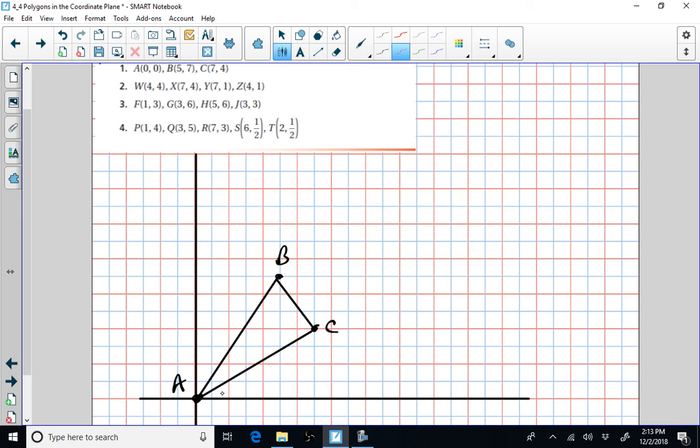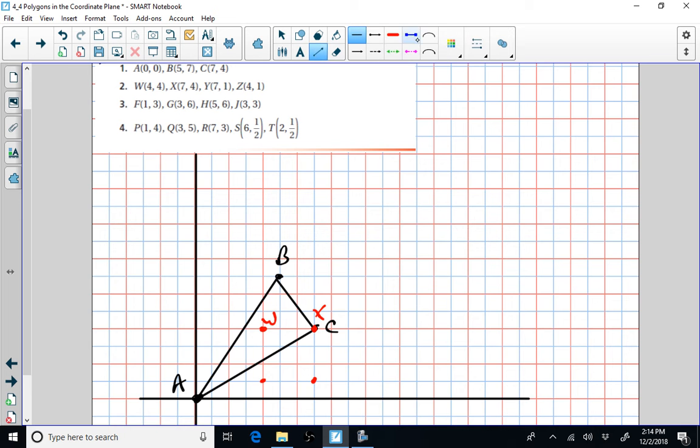Point W is located at (4, 4), so over 4, up 4, put a point, call it W. Then we have a point at (7, 4), so that's right 7, up 4, put a point, that's X. Next point is at (7, 1), over 7, up 1, put a point, and we have a point at (4, 1). Right? Connect those points